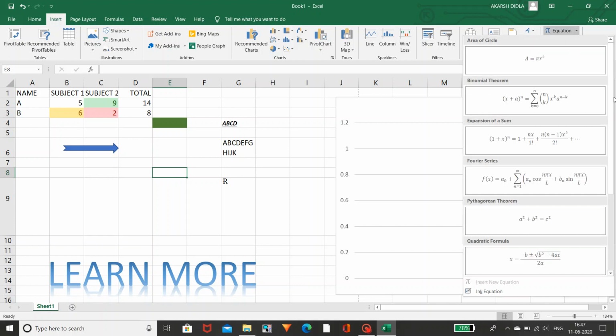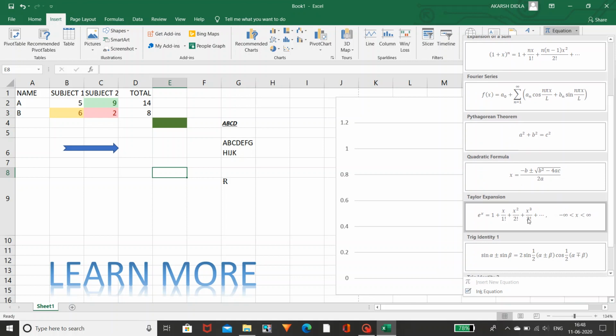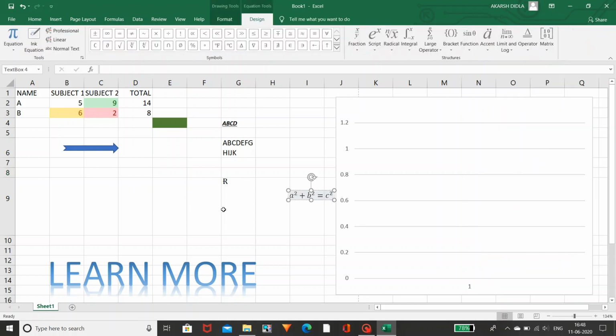There are different types of equations here, you can see. So if I want to add this equation, as it is simple, I am adding it. So you can add this equation like this, and you can give the number. In place of C you can give 5, and in place of B you can give 6. Whichever number you want, you can give. In place of here you can give 9. In place of a squared, that means square, you can give cubes. Like that you can also change it.